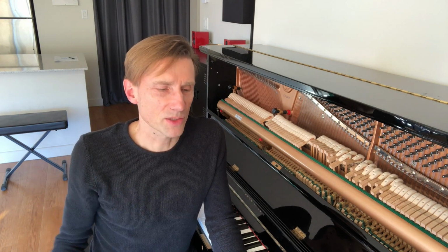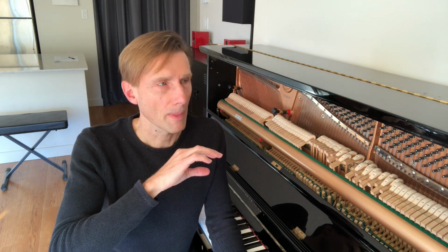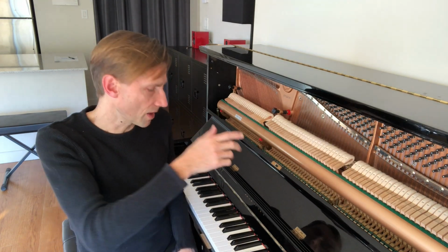And I said, what does that do? And he says, it proves independence and that you're not caught up in your hand. And it ultimately will lead to more fluidity, and the line will hold together better. So if you have a line that's